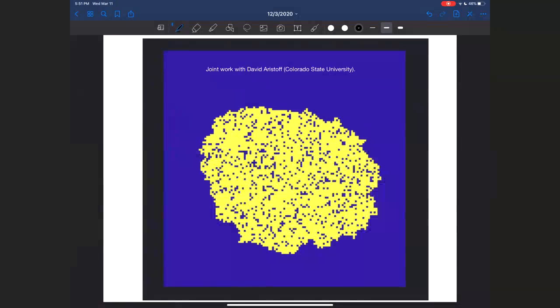This is another research project that I have been working on since my PhD thesis. So here we have a percolation distributed polyomino, and it has been